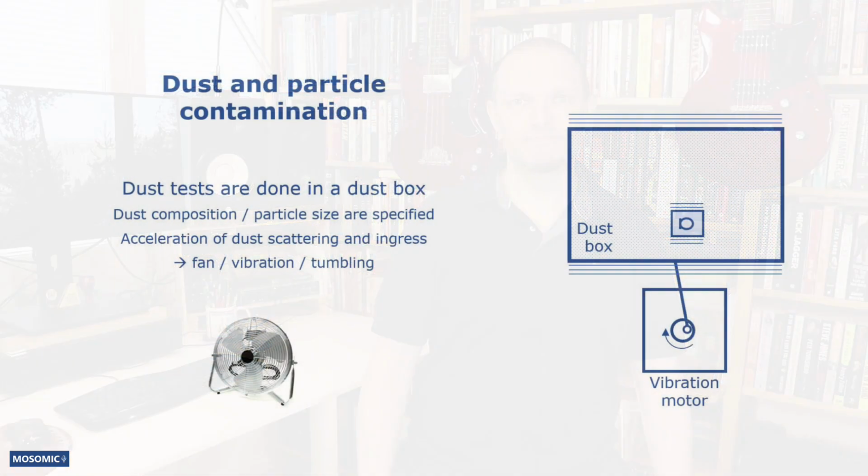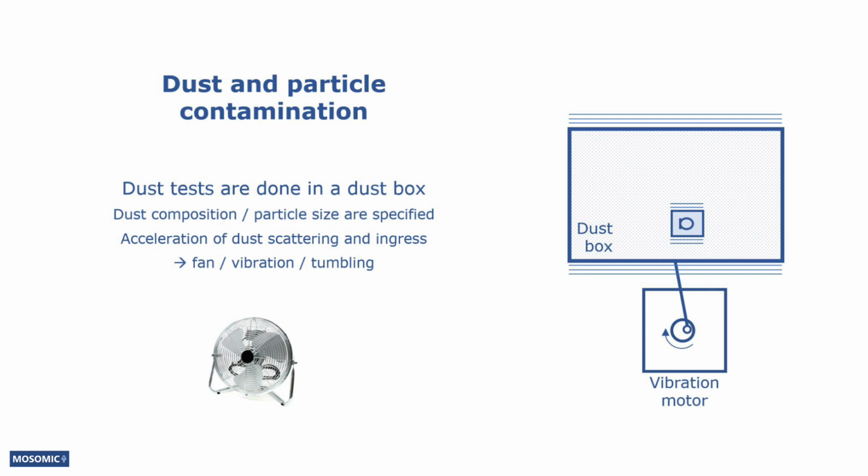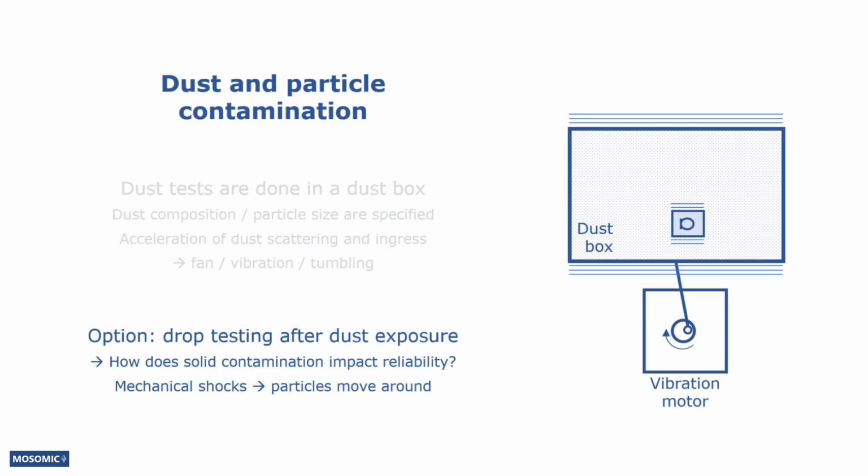The dust and liquid tolerances of microphones are tested with contamination tests. Dust tests are often done in a box, in which the microphones are subjected to dust, the composition and particle size of which is typically specified. Dust scattering and ingress into the microphones may be accelerated with a fan, a vibration device, or by tumbling the dust box. After dust exposure, the microphones can be drop tested to test how contamination ingress can affect the reliability